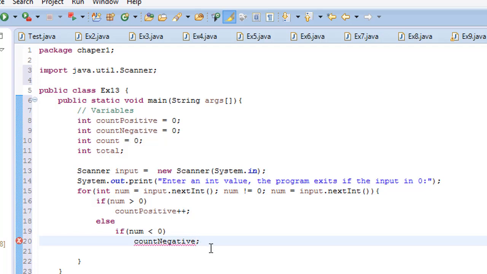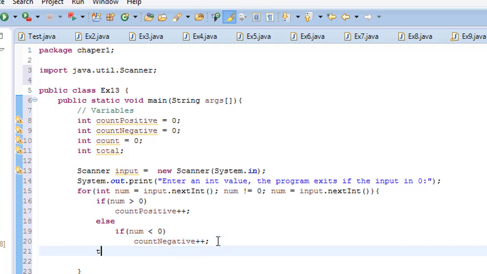Then it should be plus plus. Okay, and then we add the total. Using the shorthand to add to the total num,